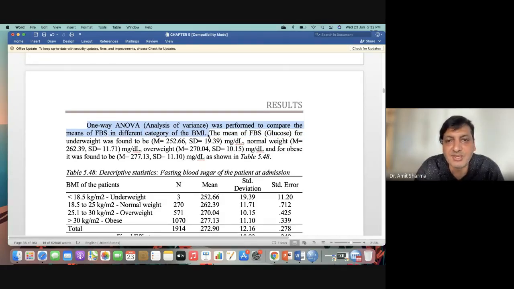So this is the introduction of the test. One-way ANOVA was applied to compare the mean of fasting blood sugar in different categories of BMI. Now you can discuss here the descriptive statistics which we have got in the first table, that is the fasting blood sugar